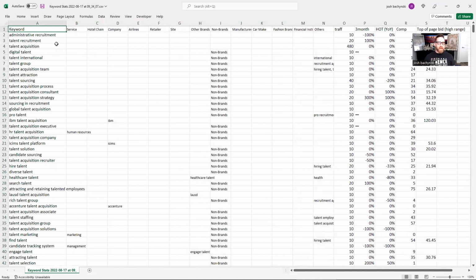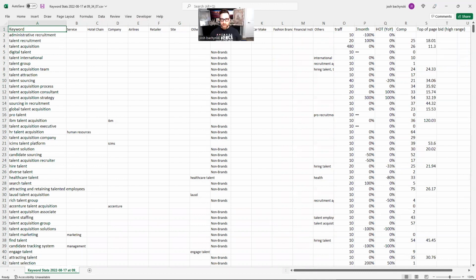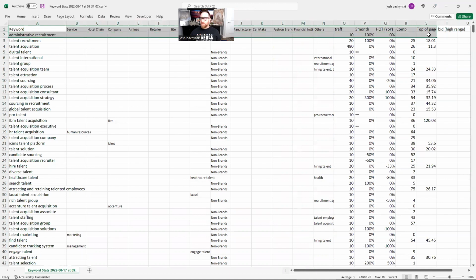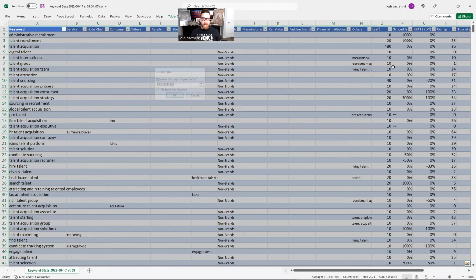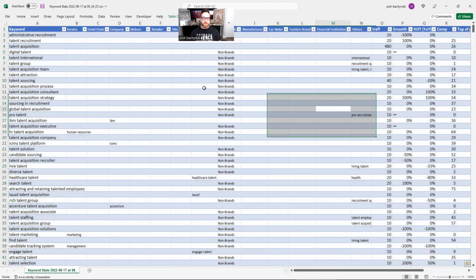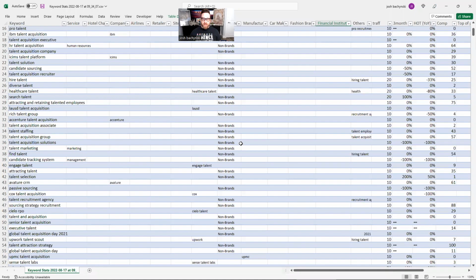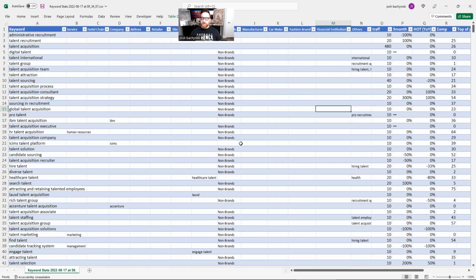Okay, now what I'm going to do, I'm going to take this, put that here. All right, now I'm going to go across here. I'm going to go down, Control Shift, Control T, make a table out of it. Okay. Now what we're going to do, and it's got a lot of different entities built in here, which is interesting. You can also hide it if you don't want it to be here.